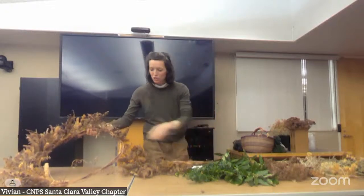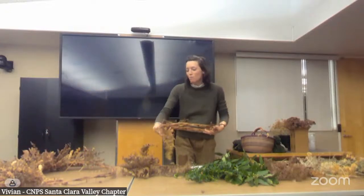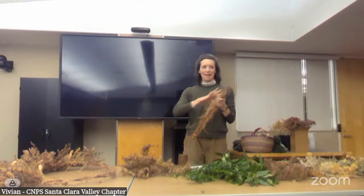Sorry, there's a chain fern trying to participate. And so I think it's a really easy way to do more with less if you have a vine base. You can also always use a wire base. You can buy bases at a